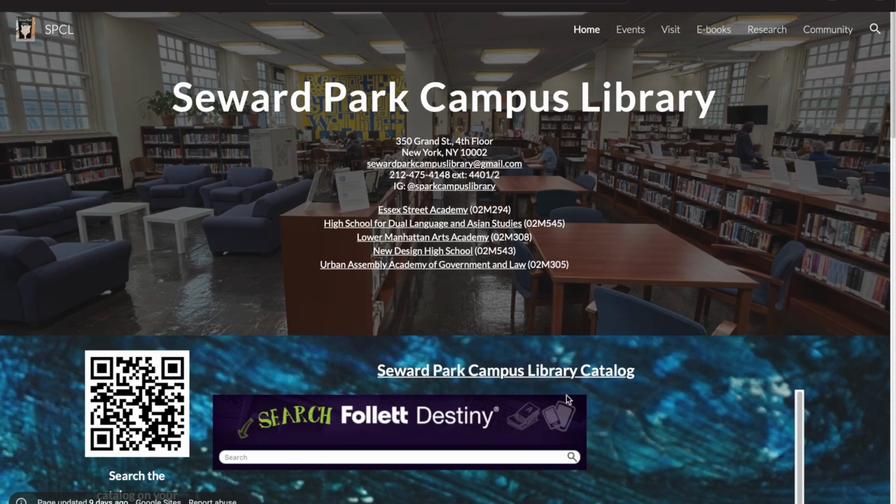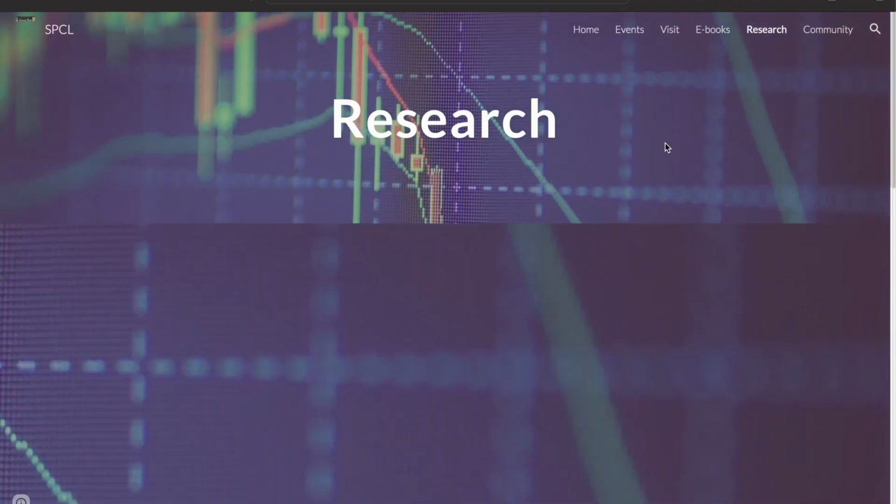To access the databases, you're going to go to sewardparkcampuslibrary.org. It's the easiest way to get there. If you go from there to the research tab right here, it's going to take you to an embedded